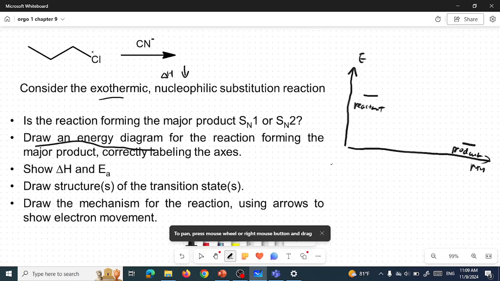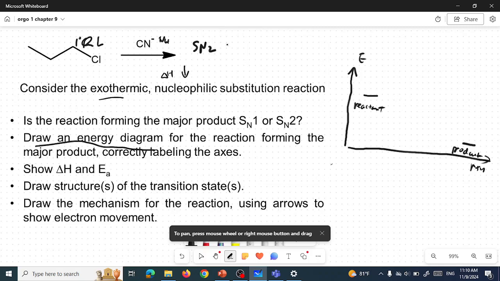Now look at the alkyl halide. This is a primary alkyl halide. This is a nucleophile. A primary alkyl halide undergoes SN2 reaction,